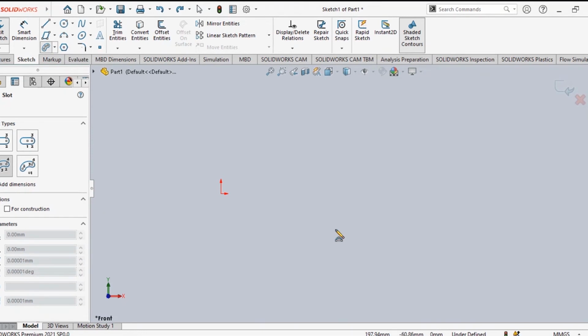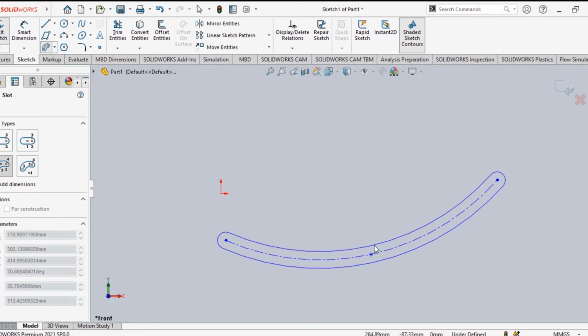We'll do it again. For making the arc, you have to select 3 different points. This is the first point. This is the second point, and a third point will be required. The third point you can put anywhere. You move the cursor, anywhere you can make it. Suppose this is the point, or down also this is the point. Make this point. Now you move your cursor up or down.